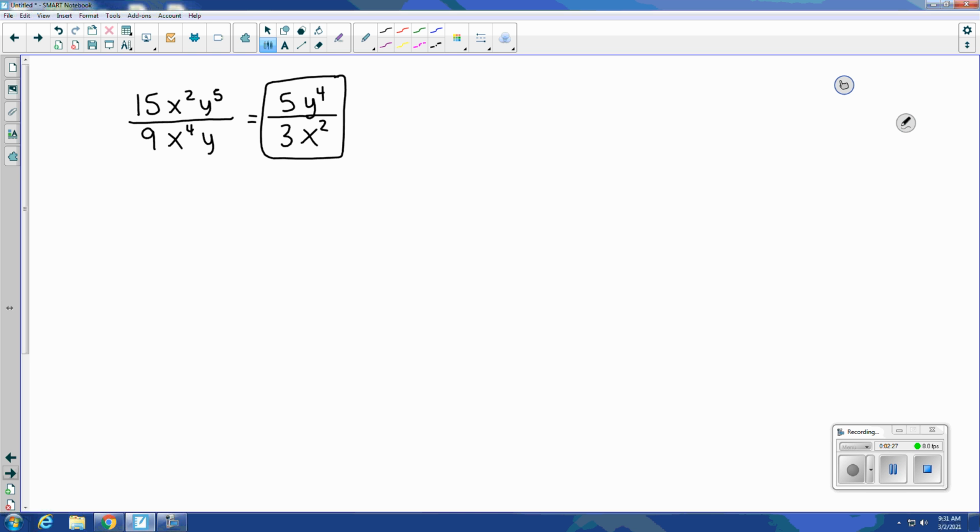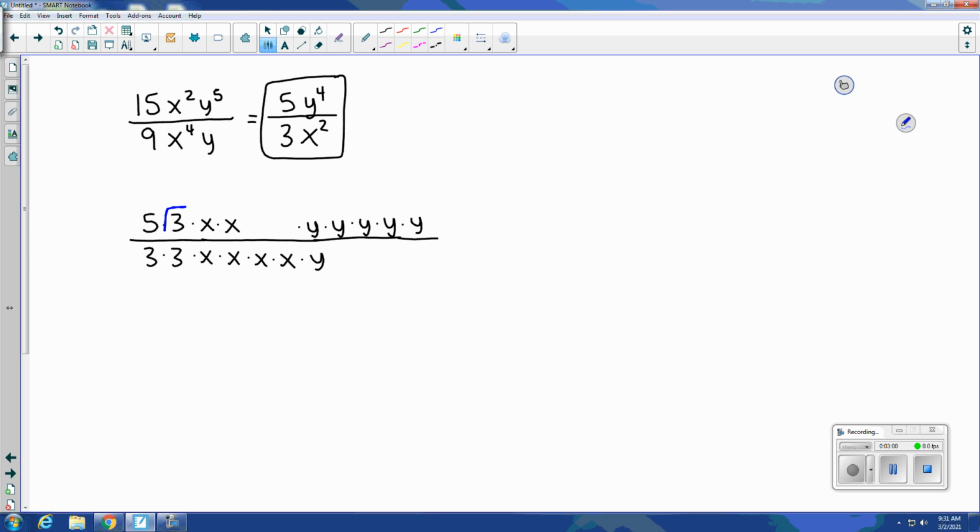Now, why does that work? Well, let's expand out what is happening here. We could say 15 is equivalent to 5 times 3, and 9 is equivalent to 3 times 3. And I'm going to make sure things line up so we can see exactly what happens. So we have x times x, x times x times x times x, and then we have the y's. So we have times y times y times y times y times y, and then times y. When we cross something out from the top and the bottom,